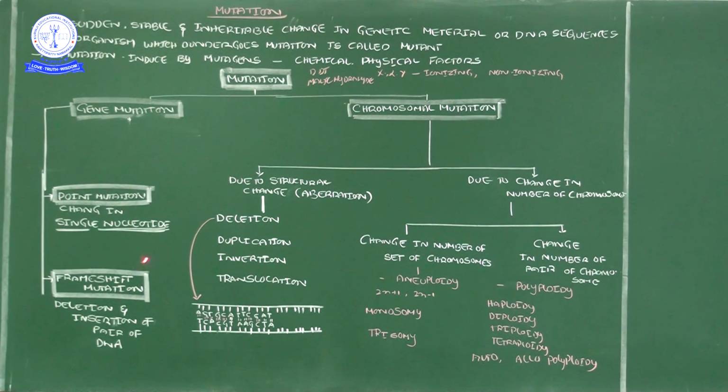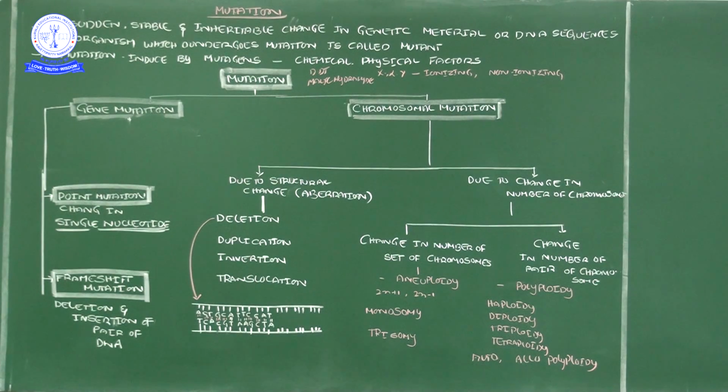So it is deletion or insertion of a pair of DNA. One particular place, a nitrogen base is removed, and then it is added into some other place, just as I relocate my house to another place. I exited from one house and entered into a new house. Like that, deletion and insertion of a pair of DNA. We will get clarity with examples in the next video. Okay, that is about gene mutation.